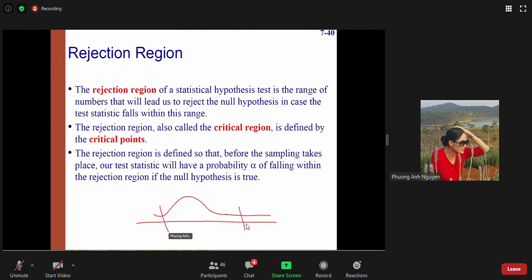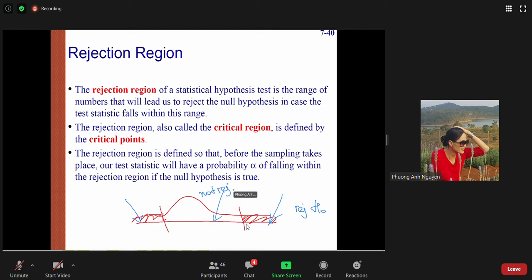After determining the rejection region here and there, if my TS belongs to this, then I reject H0. That is the case for the two-tailed test. If my TS belongs to this, I also reject. If my TS belongs to this interval, I do not reject